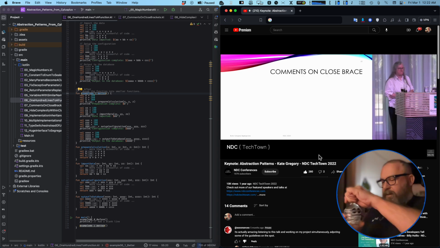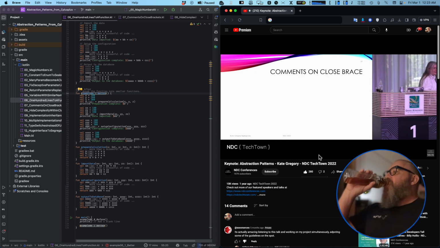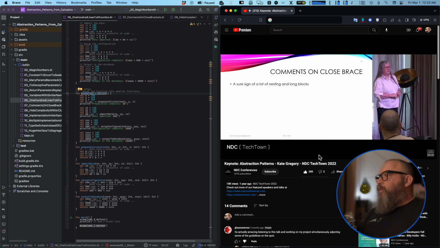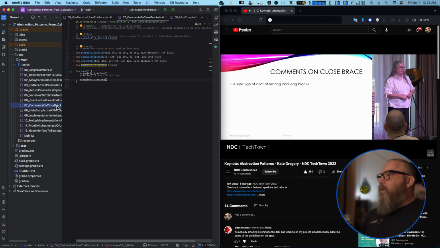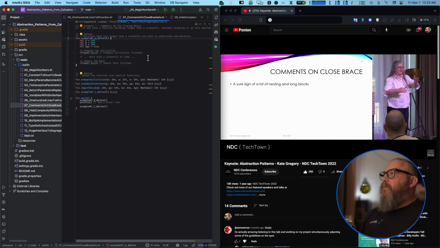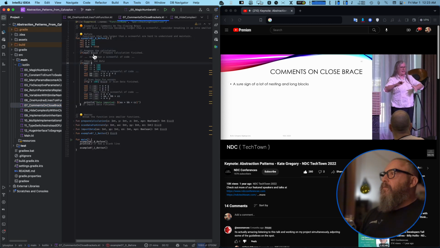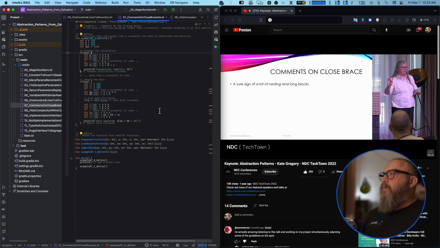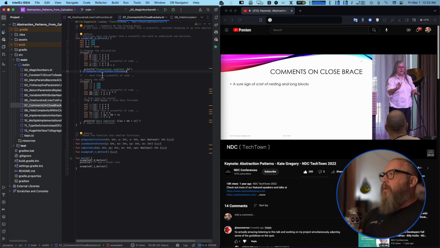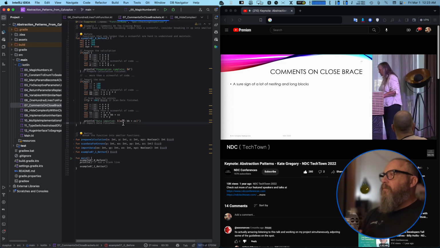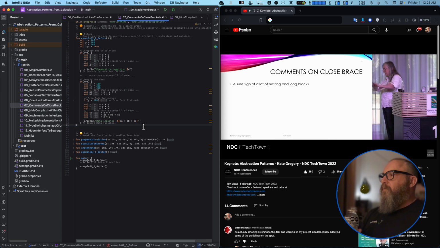I saw this on Twitter recently. Someone was complaining about comments at the end of a long series of nested things that ended with closed braces. So you said while, somewhere inside the while there's an if, it's like a couple hundred lines in the if, then inside one, maybe the if, maybe the else, there's like a for loop, and it gets to the point where somebody feels the need to label the closed braces. This is the end of the for, this is the end of the if, this is the end of the while. And the original assertion on Twitter was that they were pointless, they were just noise, they should be deleted,